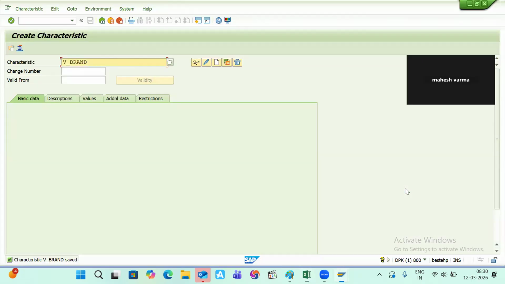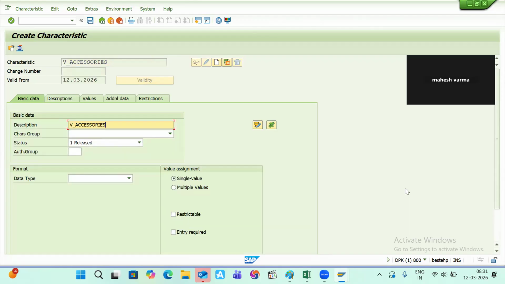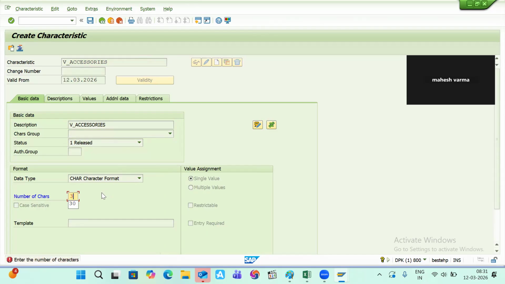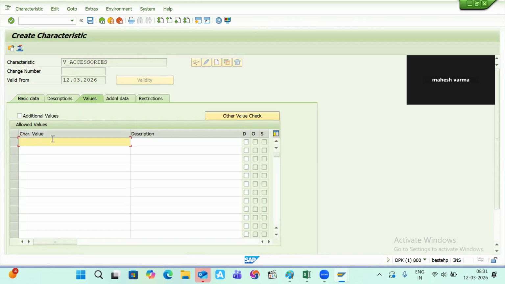For multi-value assignment, a characteristic will also be created, accessories. The data type will be characteristic CHAR, 30. I'm giving multiple values. This data type and value assignment should be very particular, because we can't edit once it is created and saved. And accessories I'm going to give